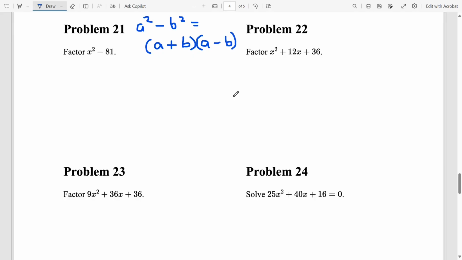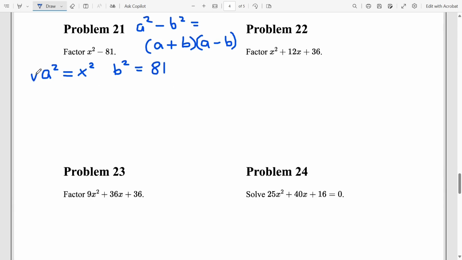All right, so if I think a squared is equal to x squared and b squared is equal to 81,